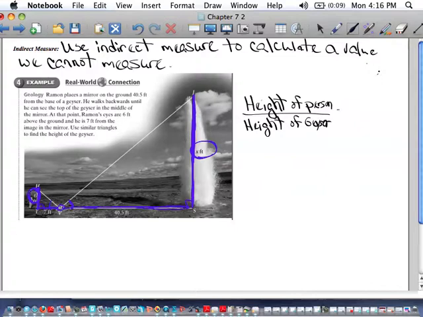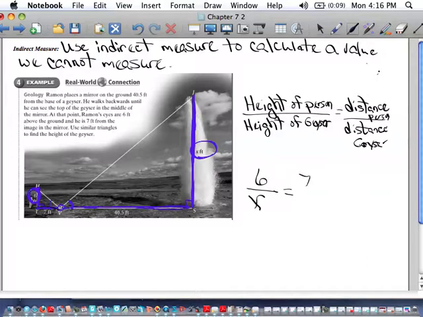And that's equal to the distance the person is from the mirror over the distance the geyser is from the mirror. So the height of the person is 6 feet, the geyser is x feet. The distance the person is from the mirror is 7 feet. The distance the geyser is